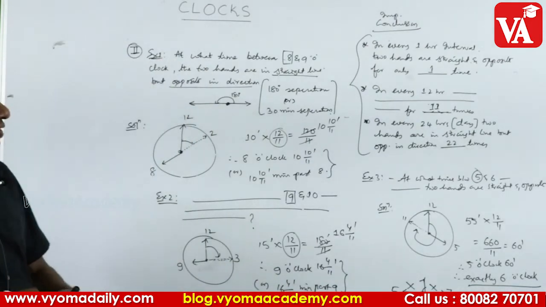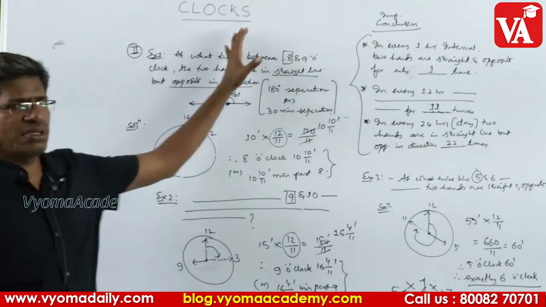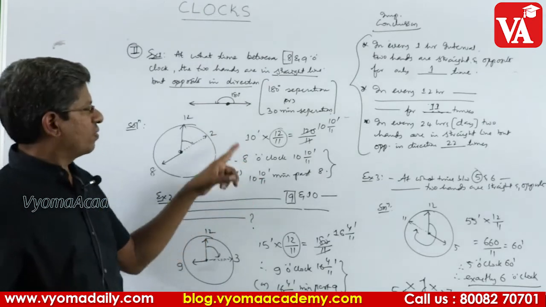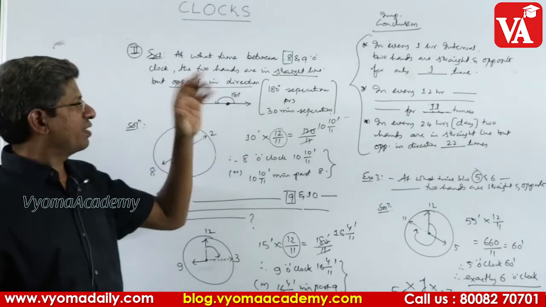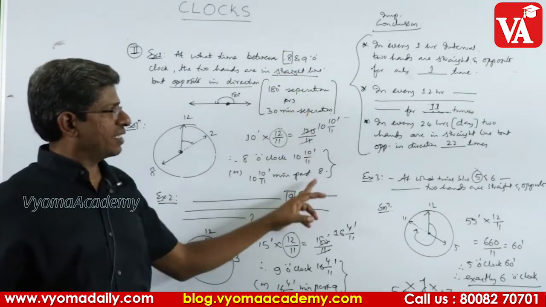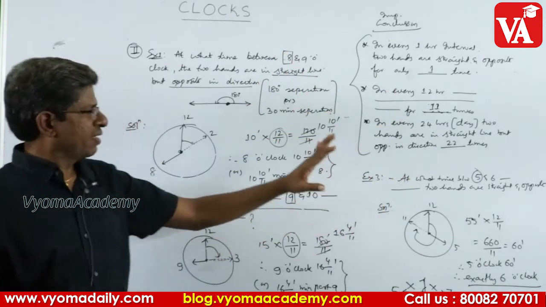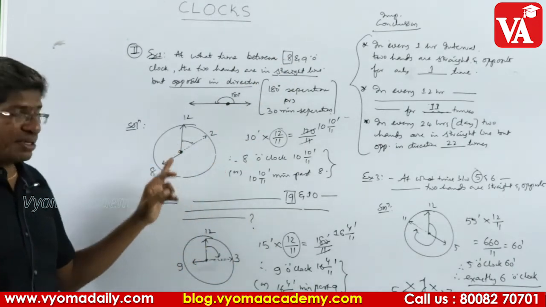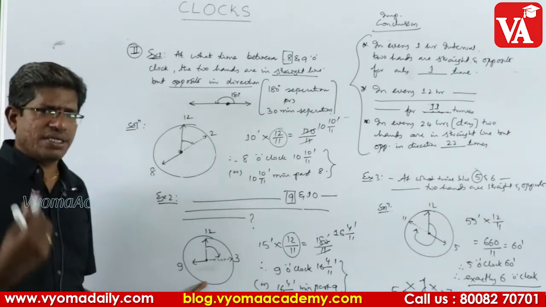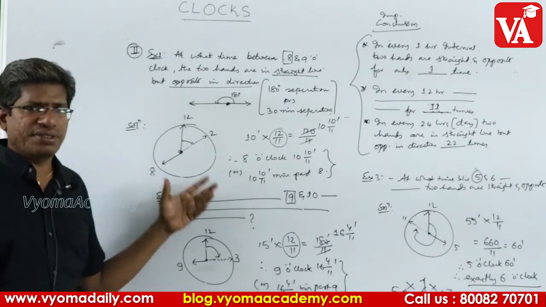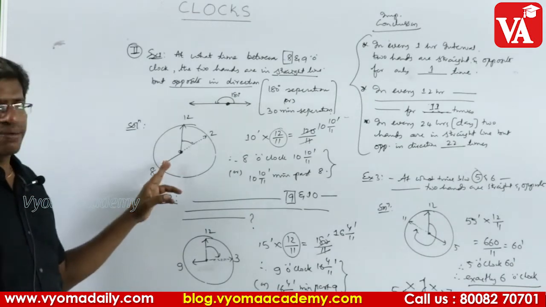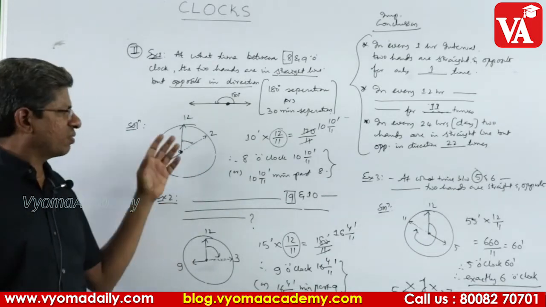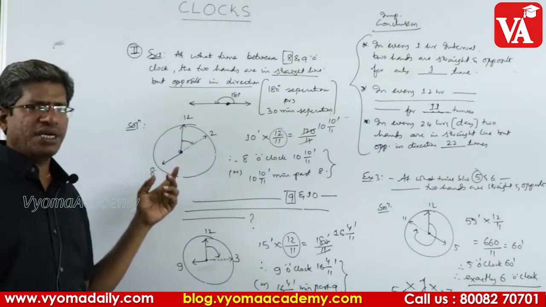So let me have a quick recap here. The model is what? The model is meant for finding a time so that the 2 hands are exactly straight and opposite. That's the question. Timings are mentioned variously, 8 and 9, 9 and 10, and something like 5 and 6. What's the method now? The method is imagine the beginning time, imagine the picture. You need not draw the picture. If you are getting some perfection, you can mentally imagine the picture. That's the importance here, right? So anyway, in the beginning you can draw the picture like this, but as you practice more and more, you can just go by the mental mapping there.